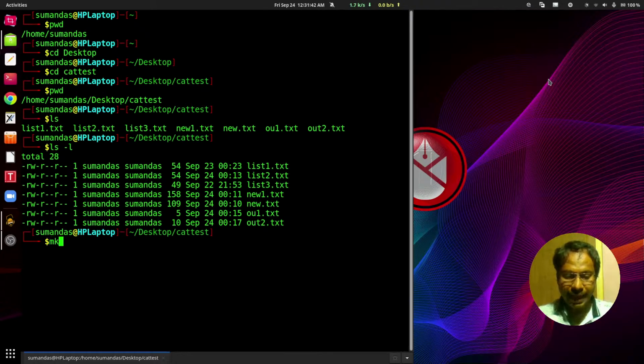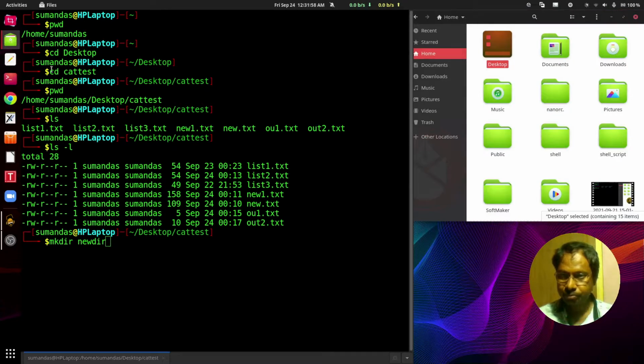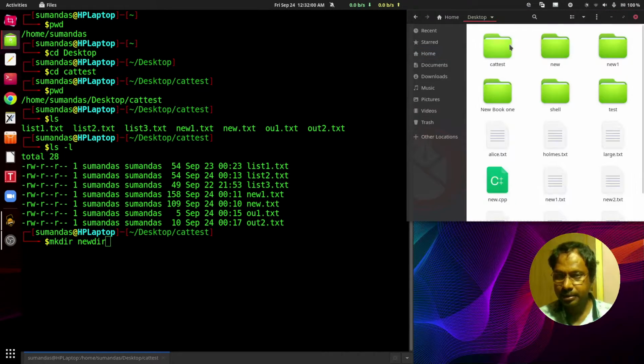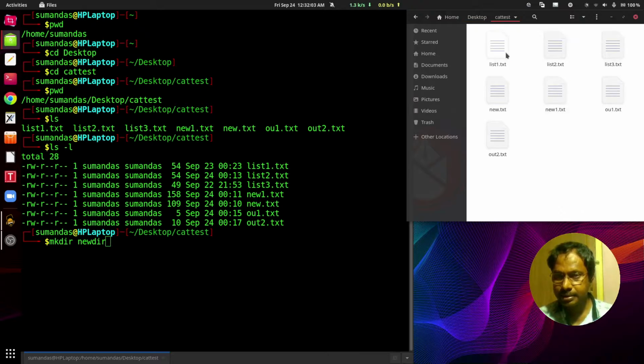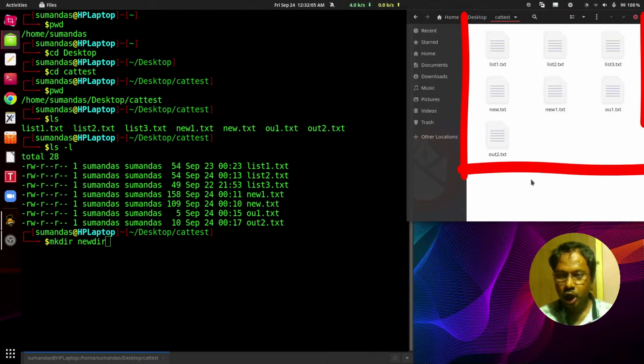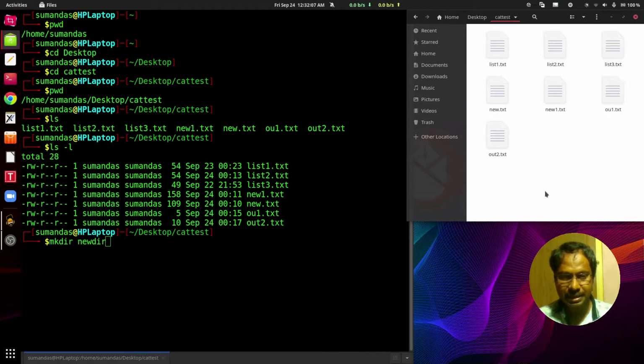In the cat test directory, there is no directory. So using mkdir, we can now create a new directory, and I am giving the name of the directory as new dir. We can check it also using the file manager. Let's open desktop and then the cat test, and here no directory is present.